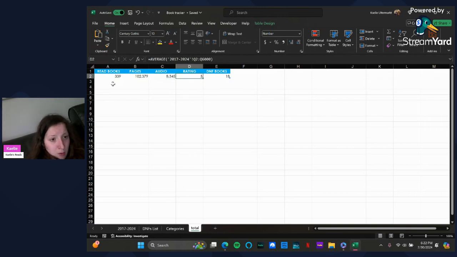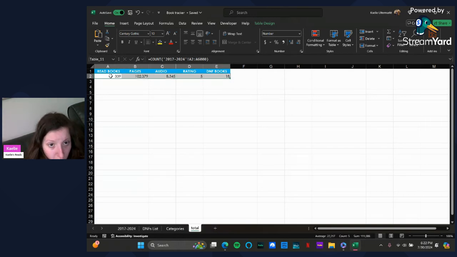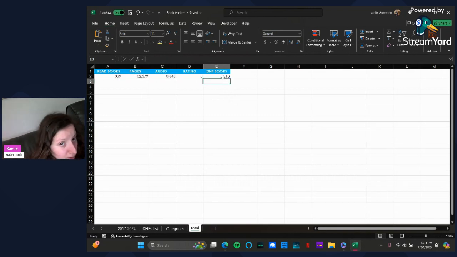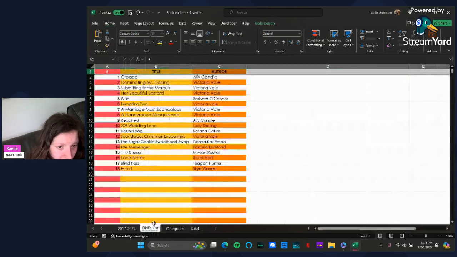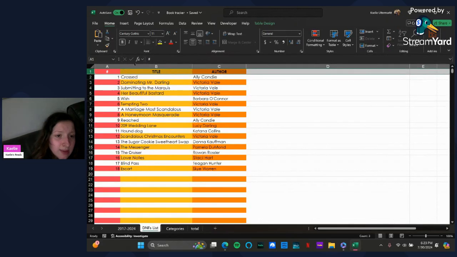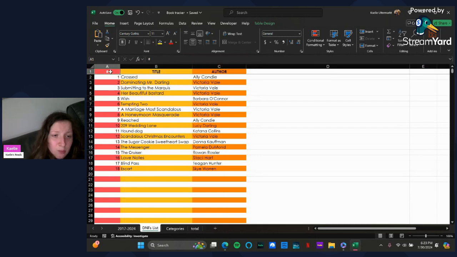Rating is, so let me just do all of these that are highlighted in the first white box. So red books and all the highlighted ones go off of the 2017-2024 page. And then the DNF books goes off of the DNF's list. So you'll see that I have 18 here, which